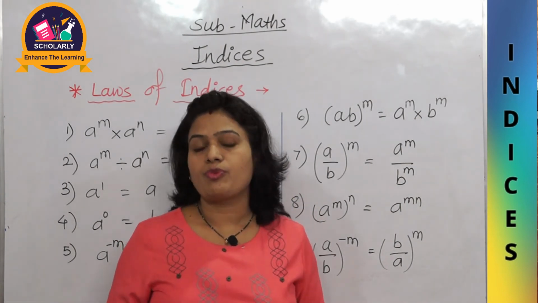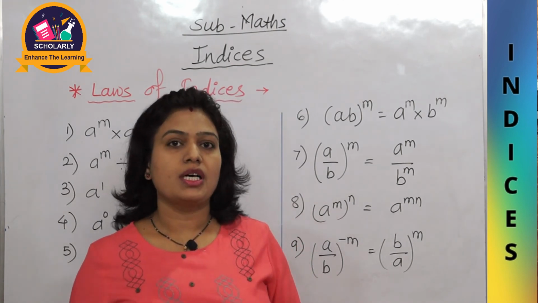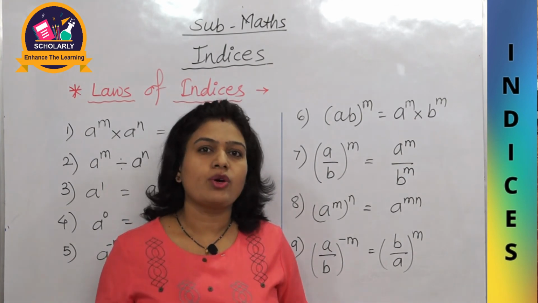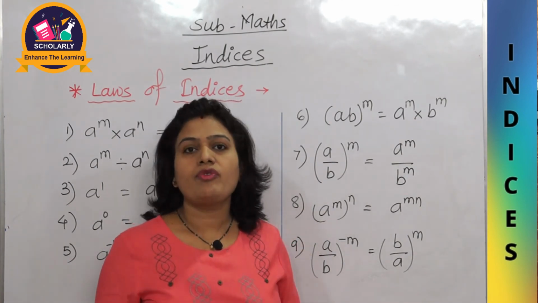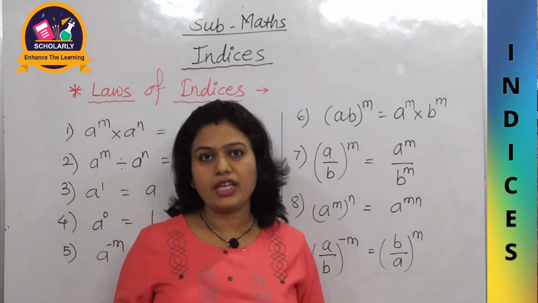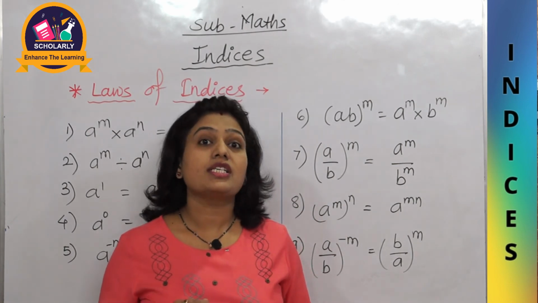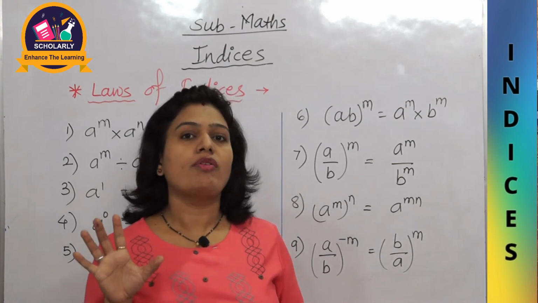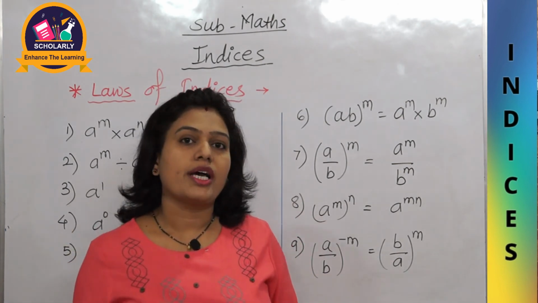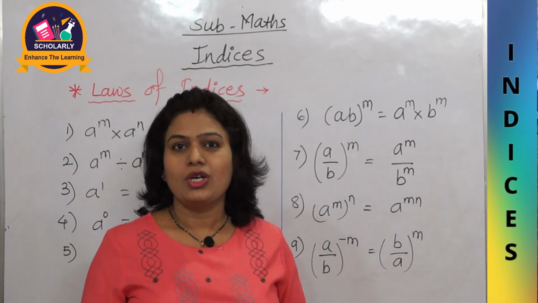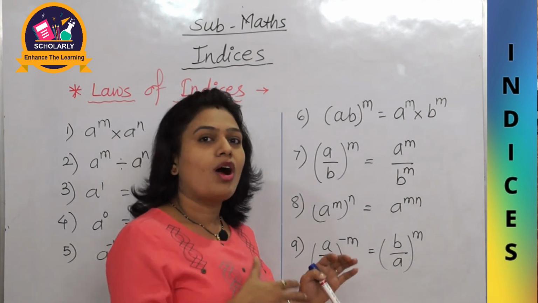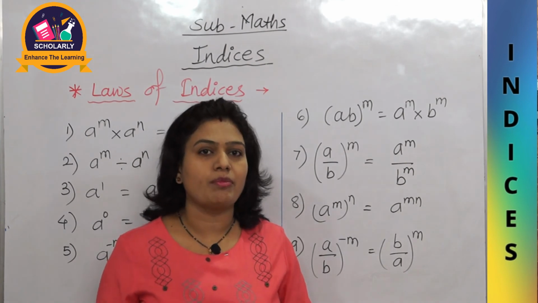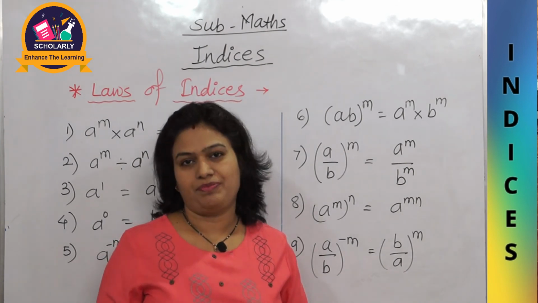Now the next point is very important, that is the square root. Before explaining that, one point I got missed, like whenever we write the second power of any number, it is called as the square of that number, and whenever we write the third power of any number, it is called as the cube of that number. So let's see how can we find out the square root, or what is the square root of any number, by a simple method.